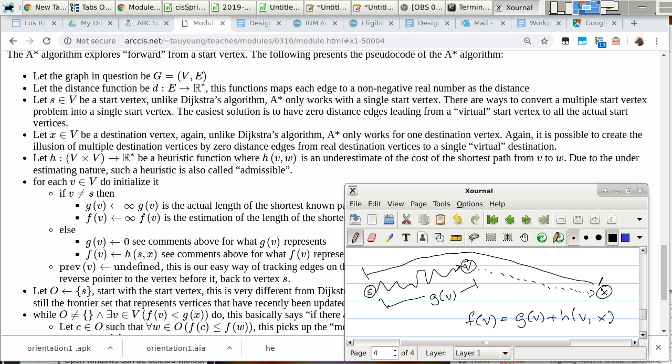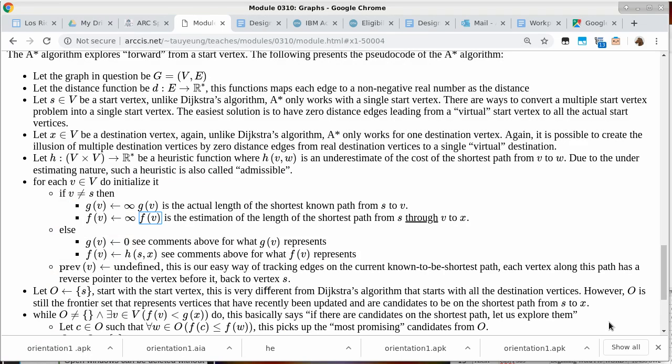So these two are particularly useful in the algorithm. I just want to make sure that we understand what the G function and the F function are as we discuss the algorithm. So are we good so far? Okay. So if I switch back to the initialization code,